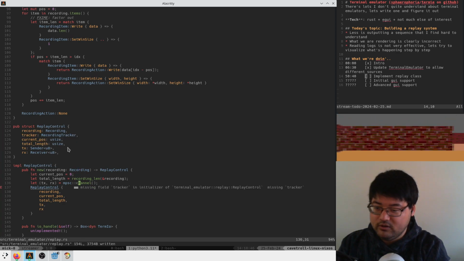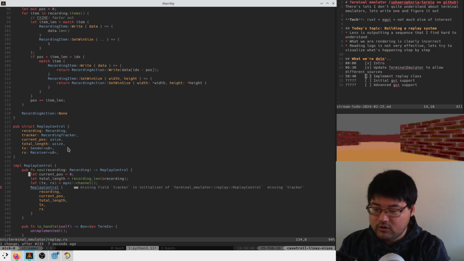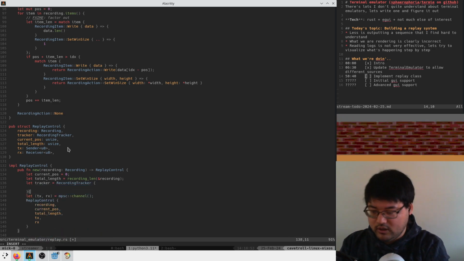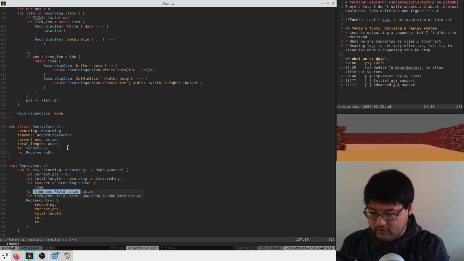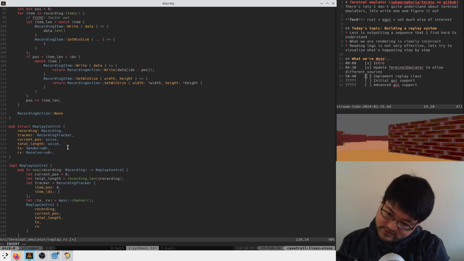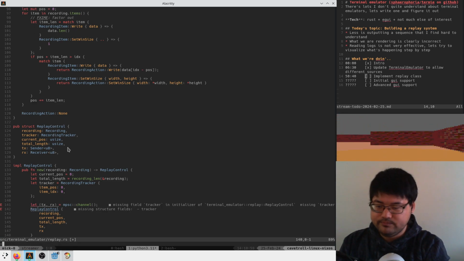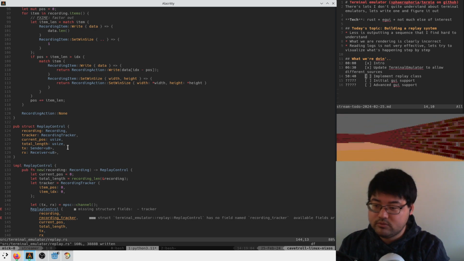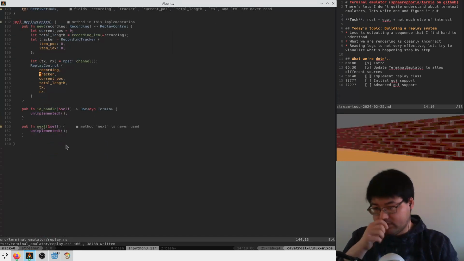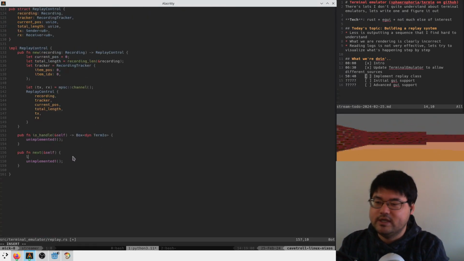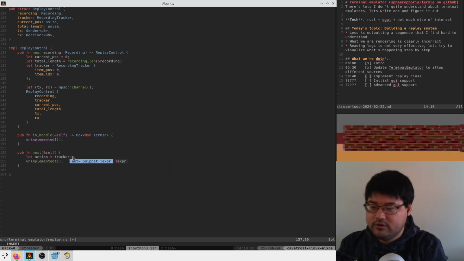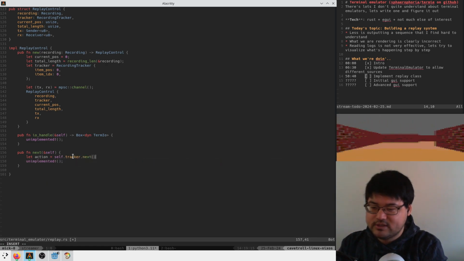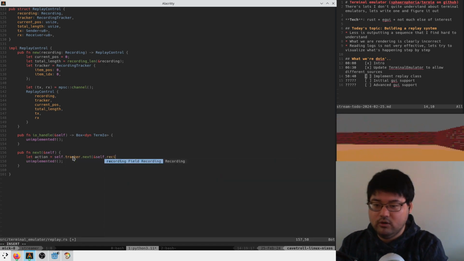And we're going to say let tracker is equal to recording tracker, and its initial state is item pause 0, then item idx 0. Cool. Tracker. Boom. Okay, so now next becomes simple. It's let action is equal to tracker self tracker next, and we pass in the recording,